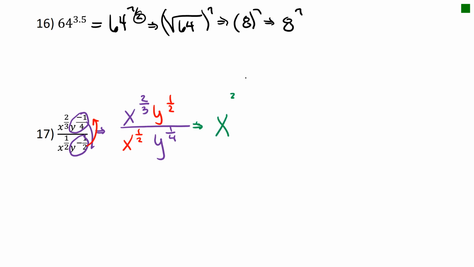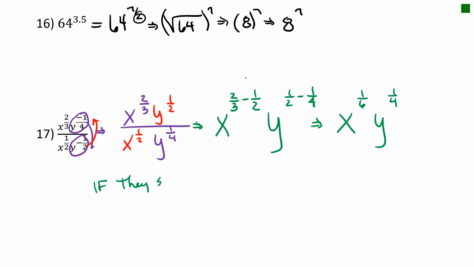So now I have x to the 2/3 minus 1/2, and I have y to the 1/2 minus 1/4. So that's x. 2/3 minus 1/2 is going to be 1/6. Y is going to be 1/2 minus 1/4. Is that right? 4 minus 2 is 2 over 8. Yeah, 1/4. Now, you could leave it that way if